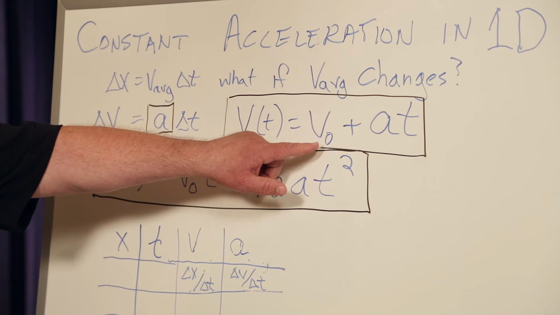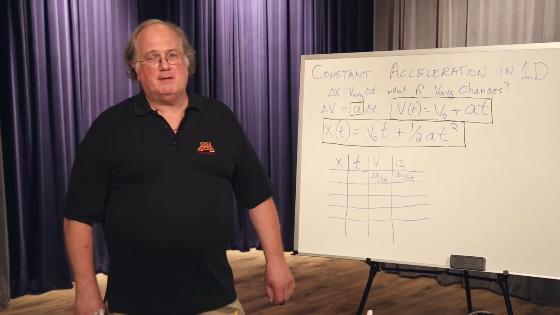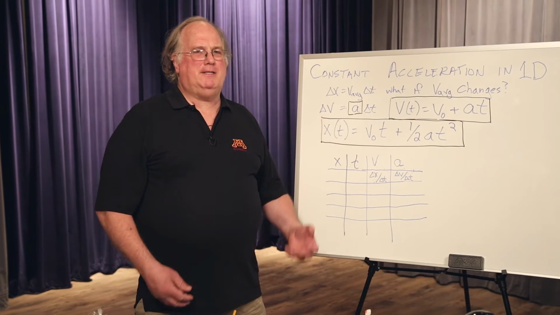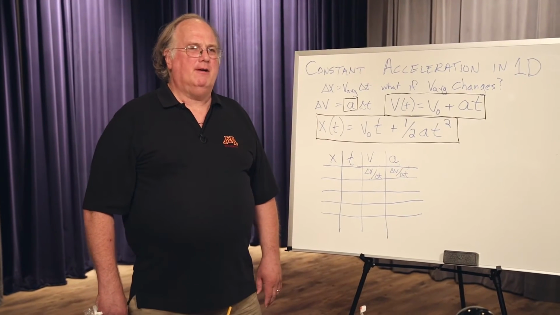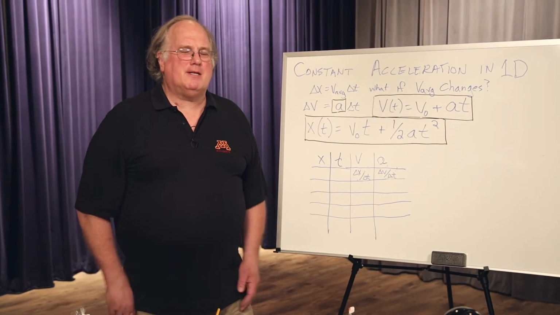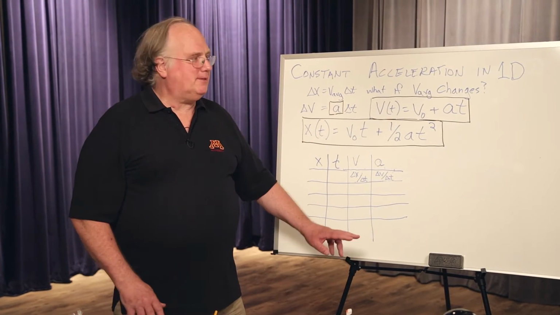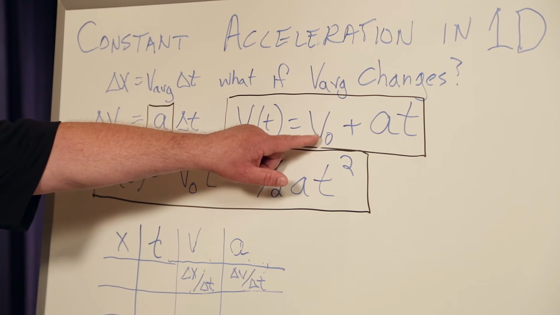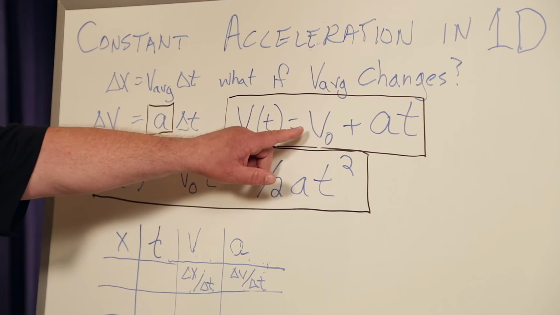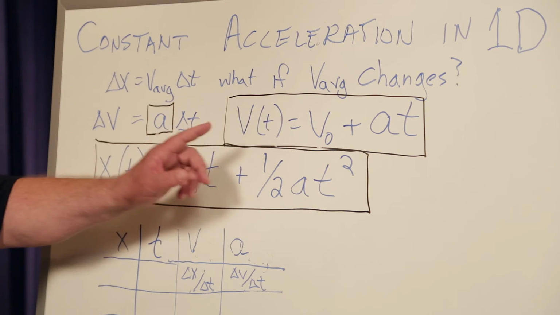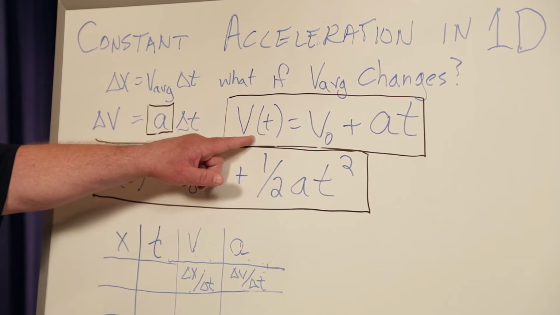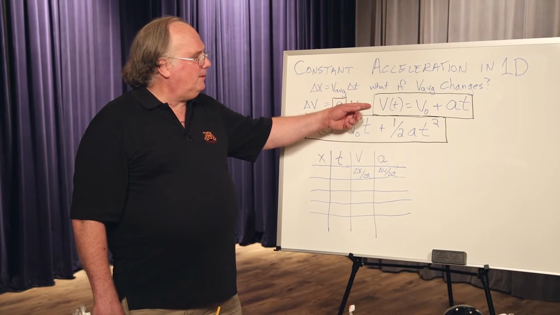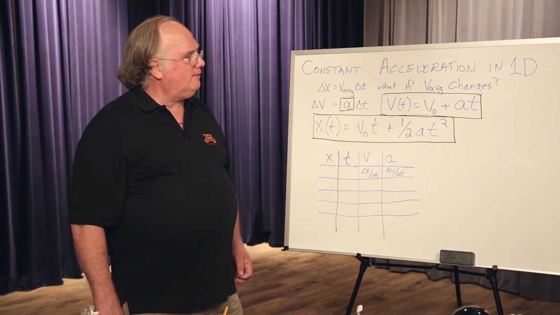This 0 here is a subscript. We use those in physics a lot. Subscripts are how we tell one velocity from another. Sometimes the subscripts get really out of hand, but they're still pretty easy at this point. Anyway, that's what that means. This is just the velocity when t equals 0, and this is the velocity at any other time. Okay, so that's the velocity formula we have for constant acceleration.